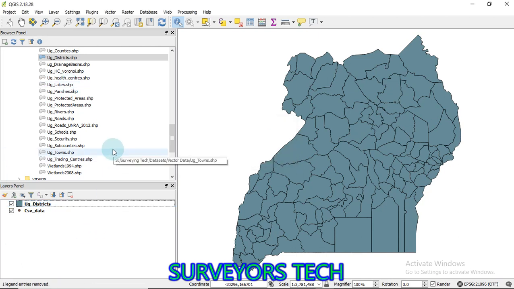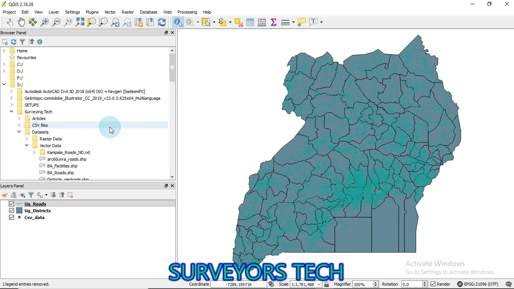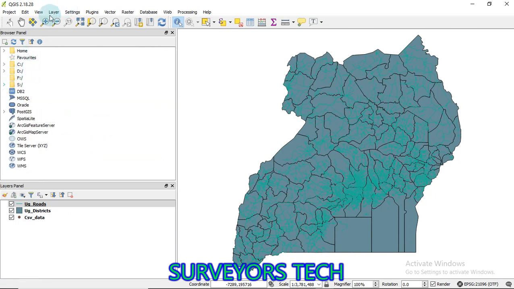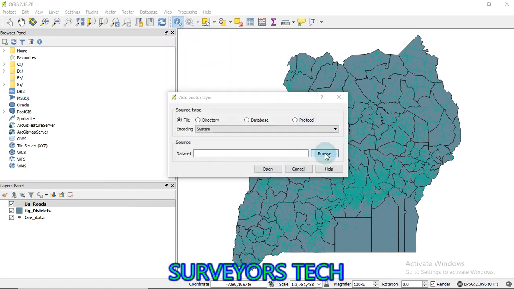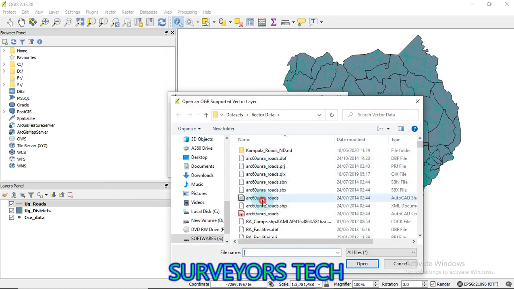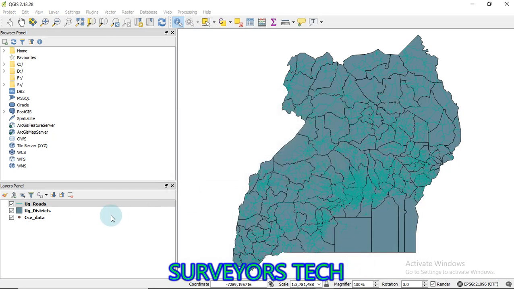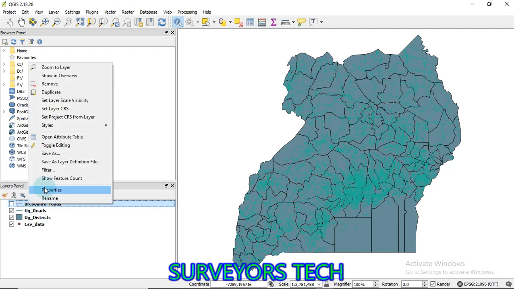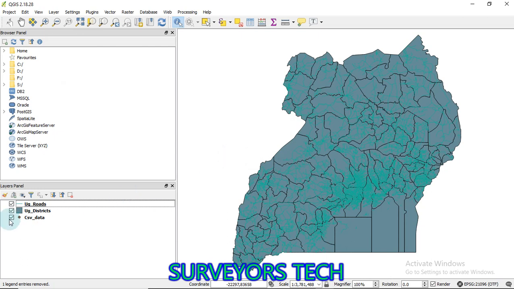So now let's add roads. Now I'm just going to drag and drop, using this browser panel. But still, you can use this vector option. You choose your roads. Let's say I'm choosing these ones, and open. Then you see, our layer is there. But we don't want to deal with a lot of data, because that is already redundant. We have the same data sets, so let's just work with these.